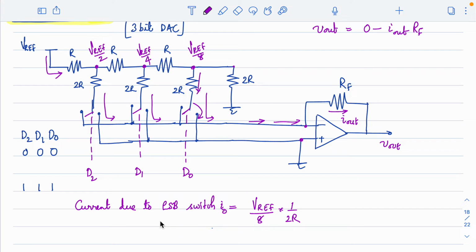Similarly, this is corresponding to D0. Now corresponding to the D1 switch, if I write this as I1, what I can write is Vref divided by 4 into 1 by 2R. This is how I can write the